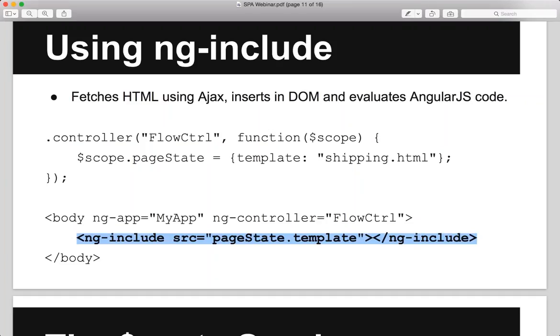Okay, that's two things going on. First, get the HTML that this expression is pointing to using Ajax, and then insert that HTML content in this location. And if that HTML has any AngularJS code, evaluate that as well. So this helps us break up an application into multiple different view-specific template files